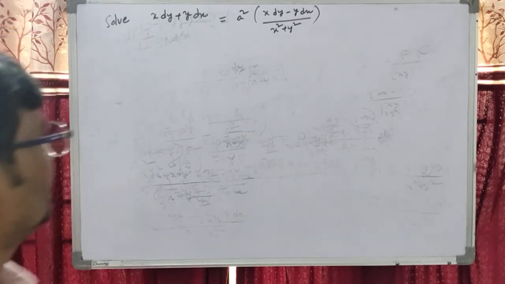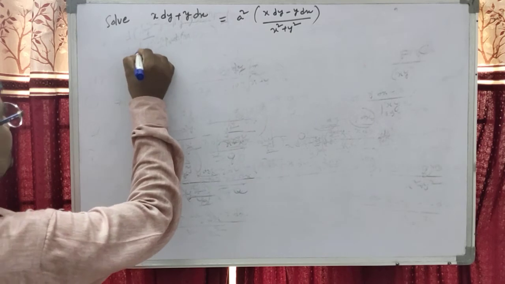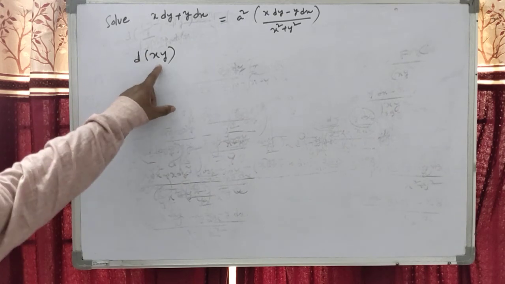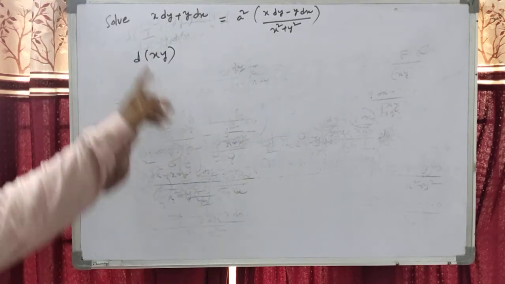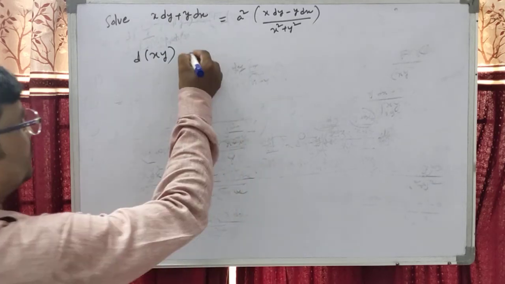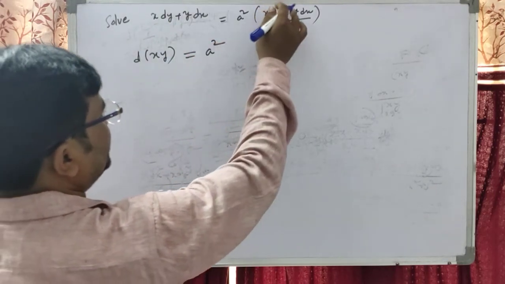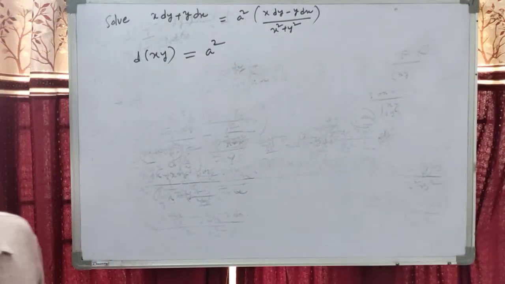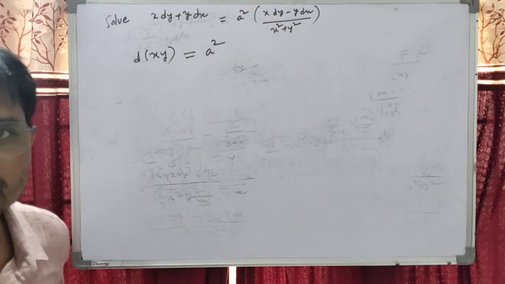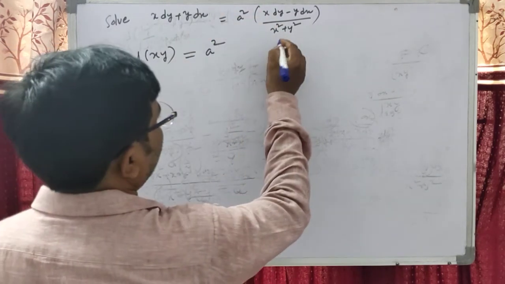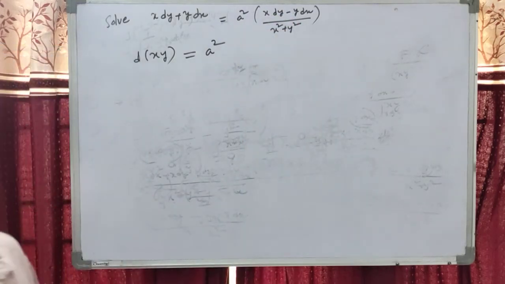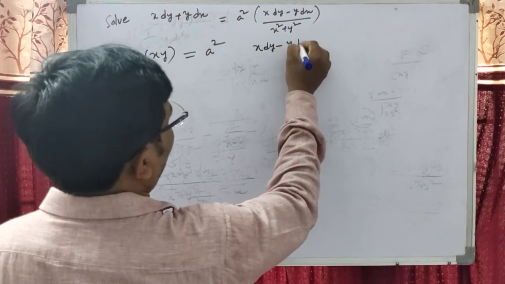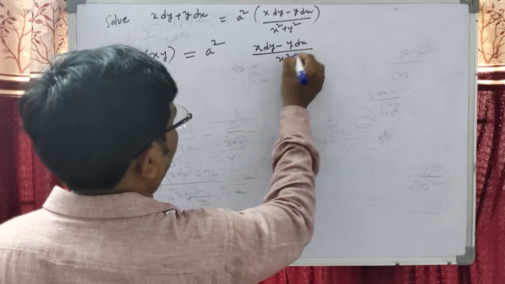What is the right technique here? Dear students, we have to know that this is the derivative of xy. Yes or no students? The derivative of xy, that is x into dy plus y into dx. My dear students, we have to know that x dy minus y dx upon x square, you can directly write as the derivative of y by x. Is not there x square? So here x dy minus y dx, both divided by x square.